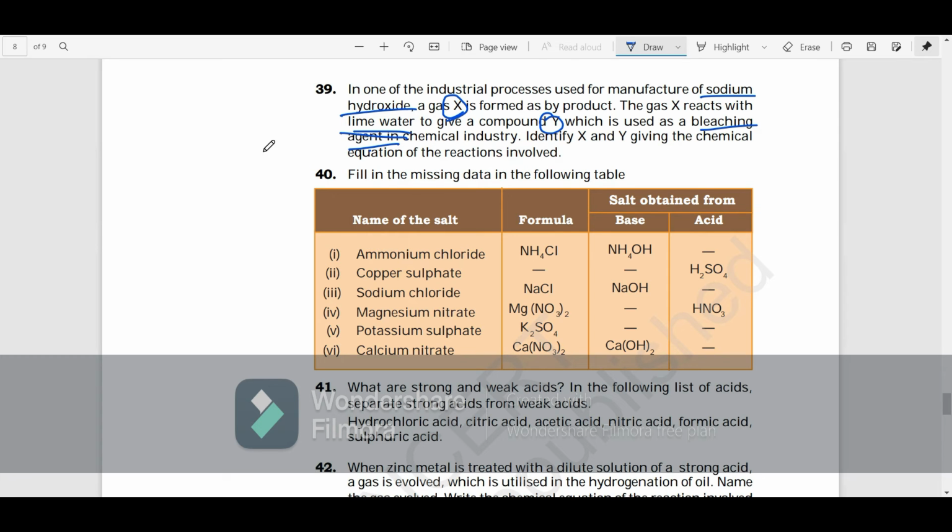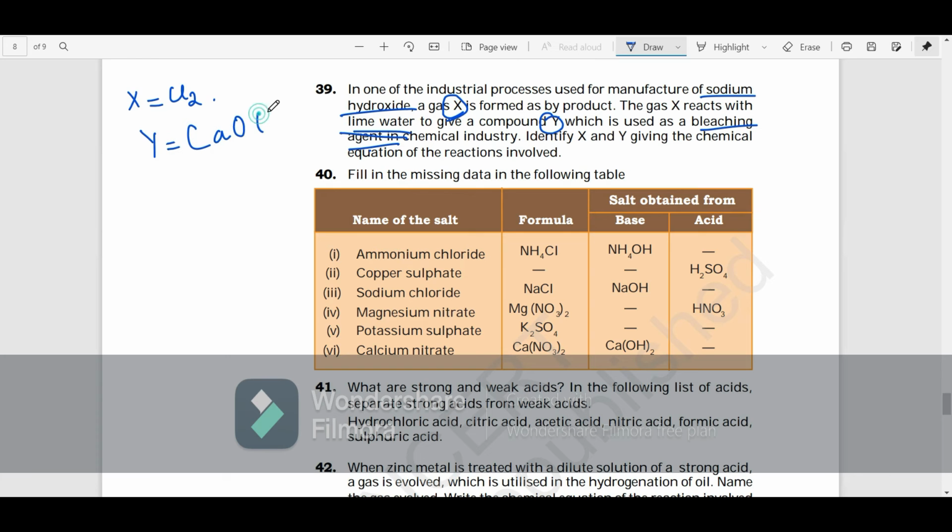By reading, you'll get to know that X is chlorine gas. In the preparation of NaOH, you remember that apparatus with the tubes and all of them. So X is Cl2 and Y, which is a bleaching agent, is